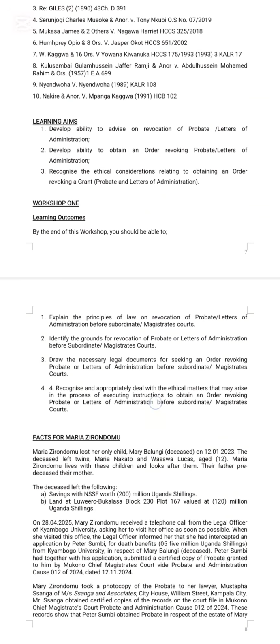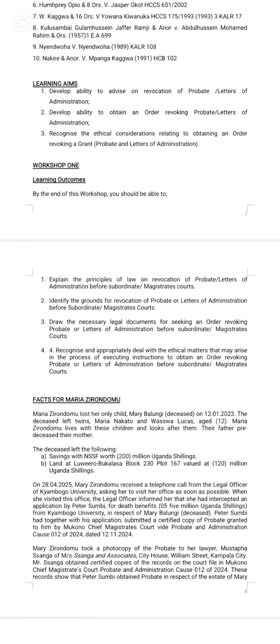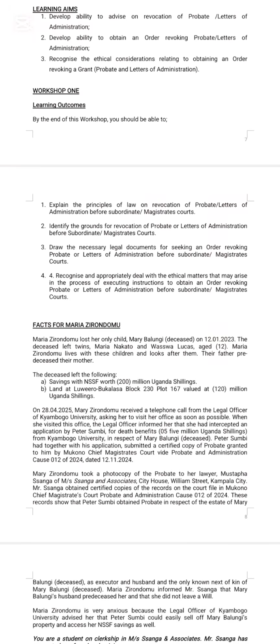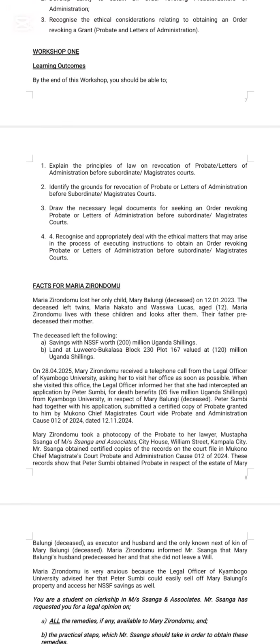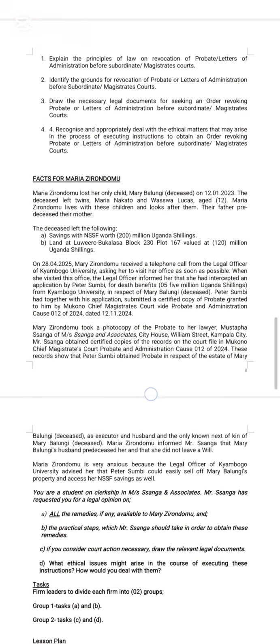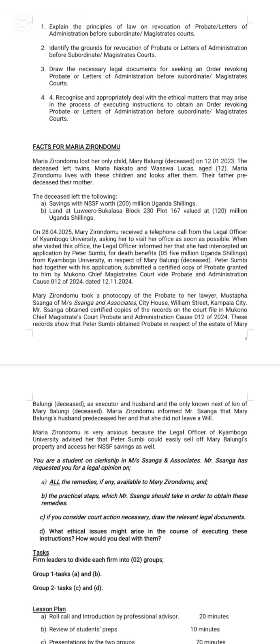Learning outcomes: develop the ability to advise on revocation of probate or letters of administration, develop the ability to obtain an order revoking probate or letters of administration, and recognize the ethical considerations relating to obtaining such an order. By the end of this workshop, you should be able to explain the principles of law on revocation of probate or letters of administration, identify the grounds for revocation, and prepare the necessary legal documents for seeking an order revoking probate or letters of administration. Basically, here we shall be drafting a plaint and recognizing and appropriately dealing with ISCO matters that may arise in the process of executing